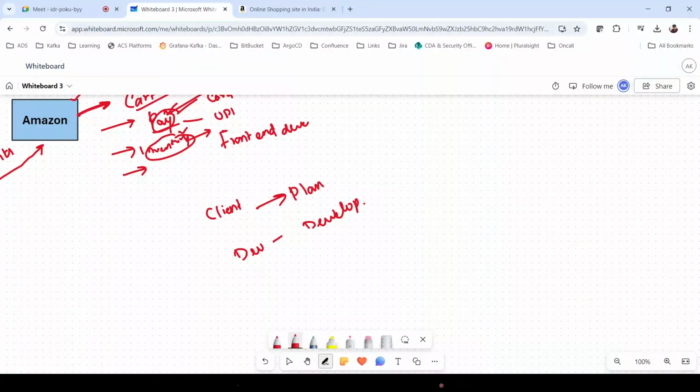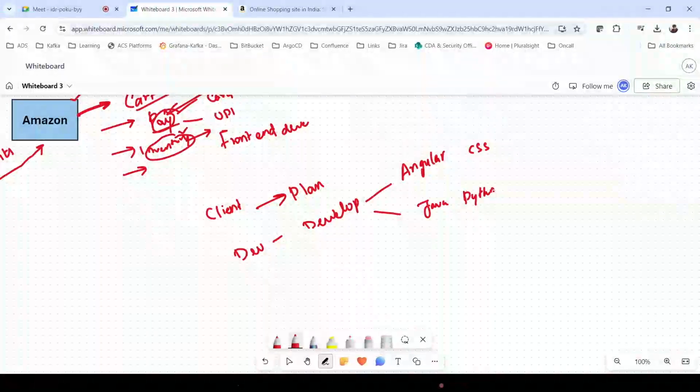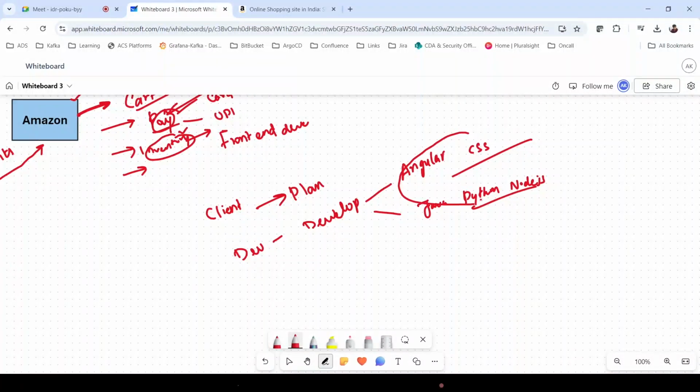The development will not happen in a single language, because for the front end they will need Angular, CSS, and other tools, whereas the backend will be Java, Python, or Node.js. A single developer will not know both, so we will have a separate team for front end and a separate team for back end.